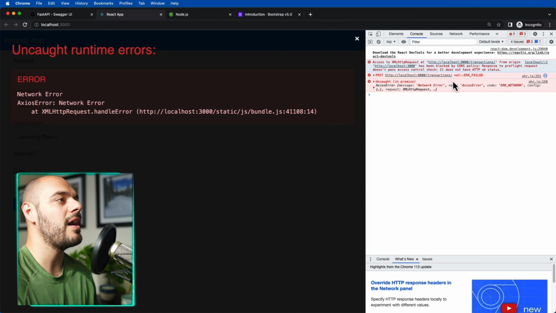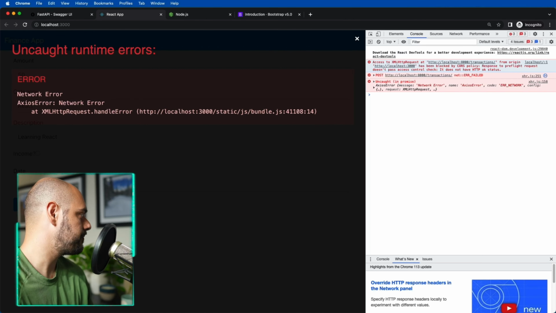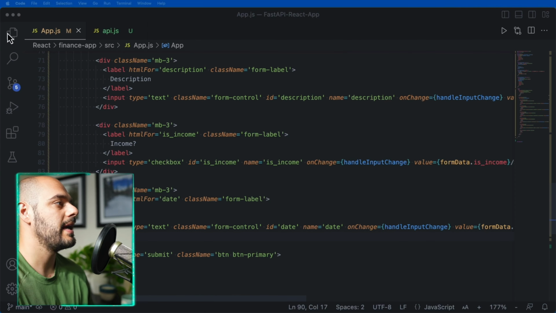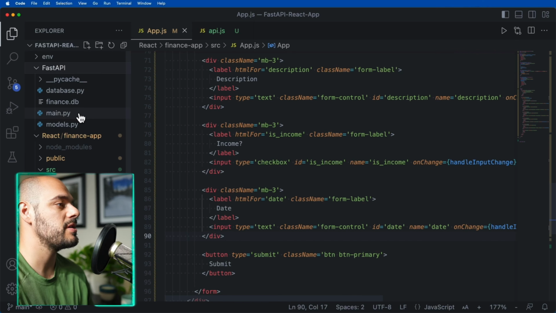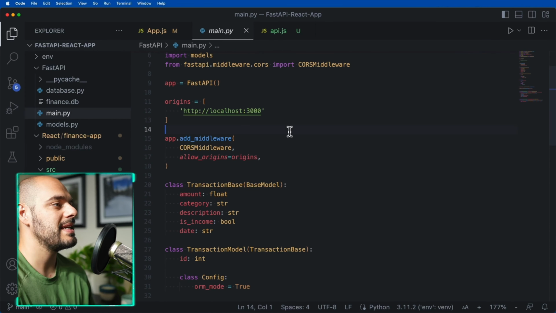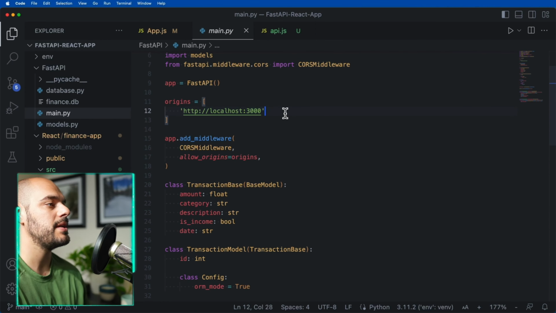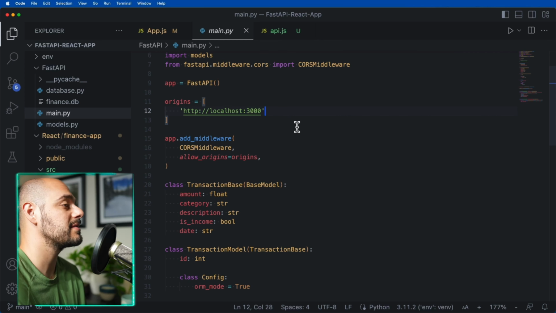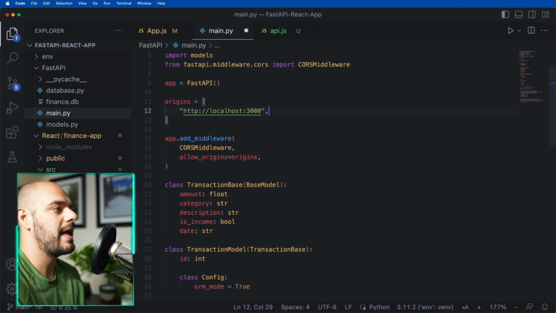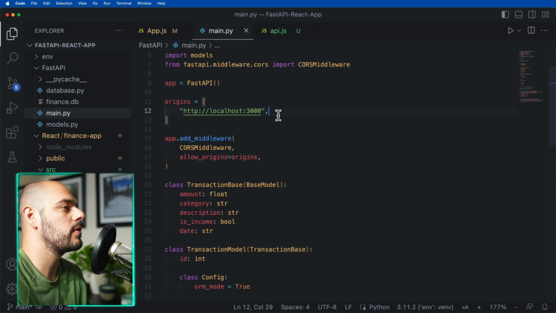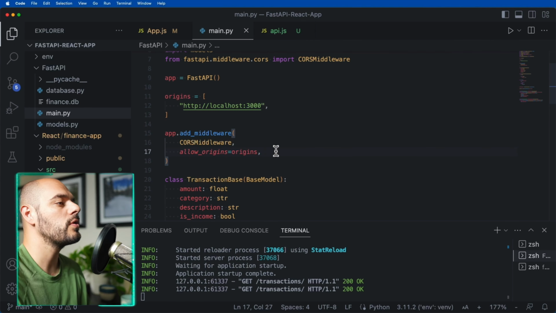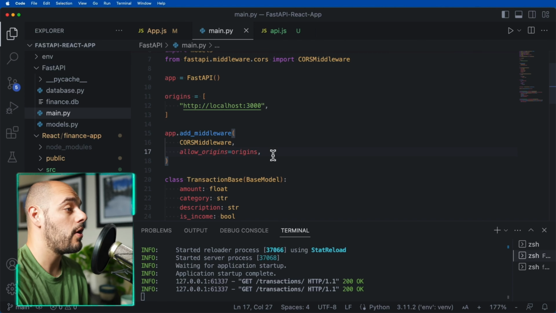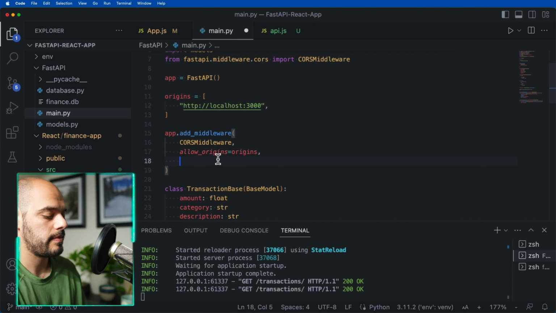Well, if we remember, we thought we did CORS earlier. If we go into here and we look up our FastAPI application and we look into our main, we can see that we do have http://3000 allowed. So I'm going to change those single quotes to double quotes, and then I'm going to add a comma. All right, so right here in our CORS middleware, we also need to go ahead and add